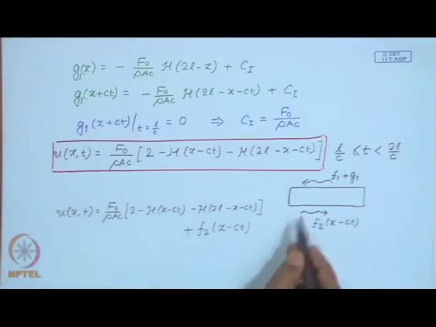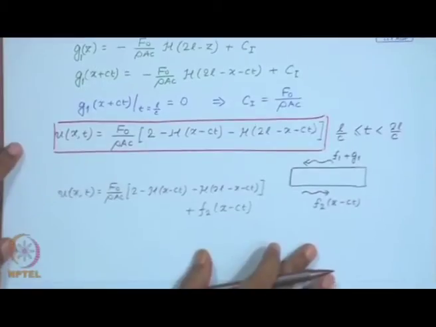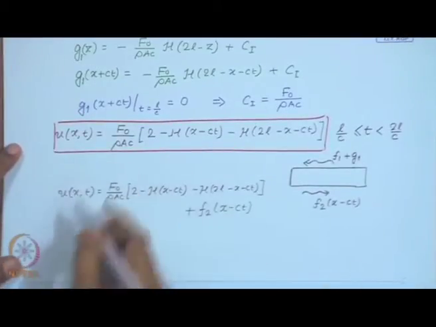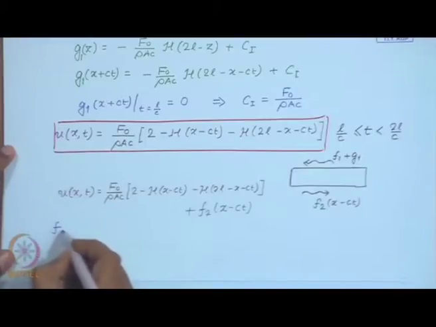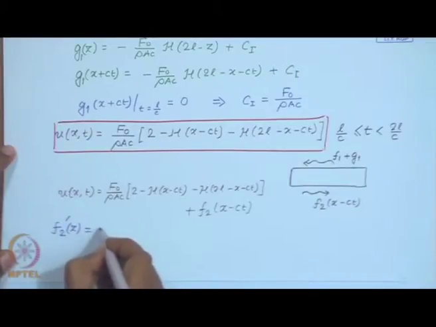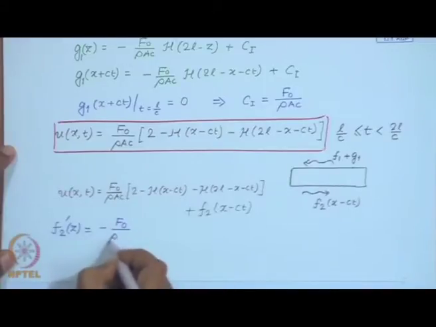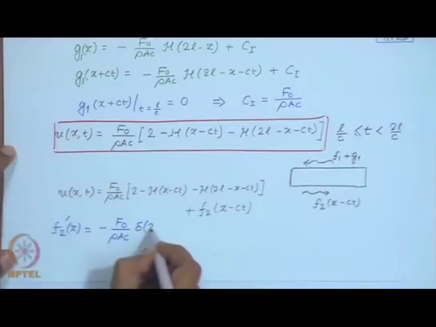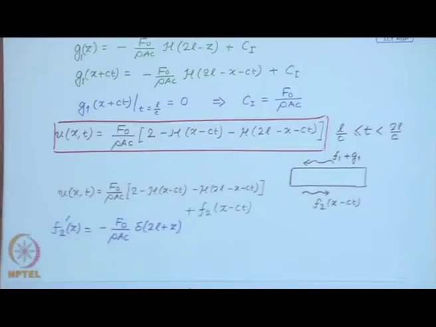And when you do these calculations, following the steps that we have done above, you will come to this expression: f 2 prime of z is given by this expression. So, f 2 of z is